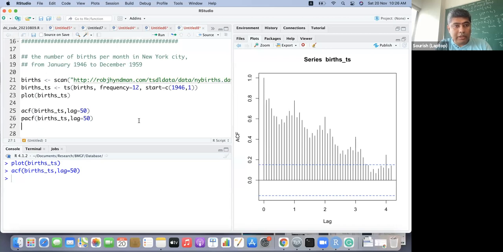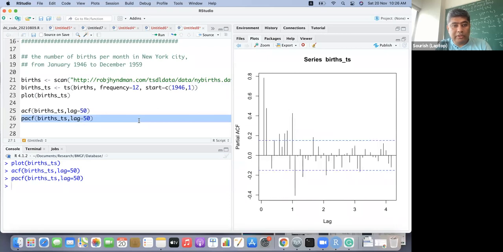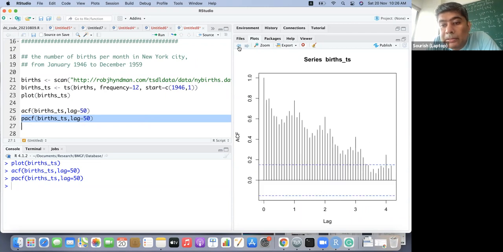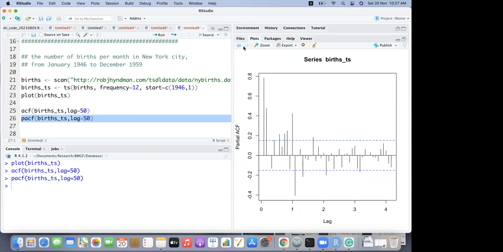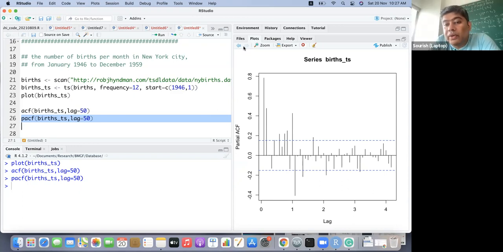So what does it tell you, the autocorrelation plot and the partial autocorrelation plot? If you just look at the partial autocorrelation function, what can you tell us?